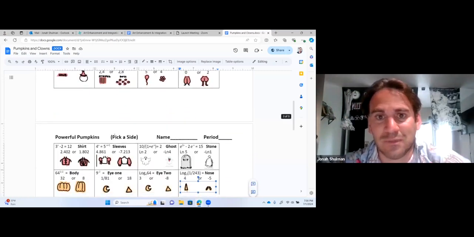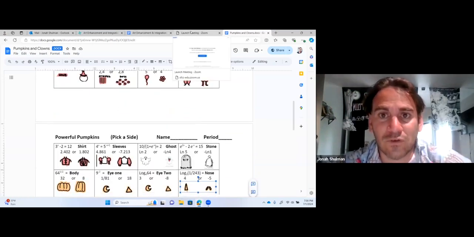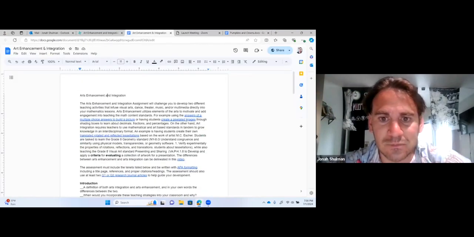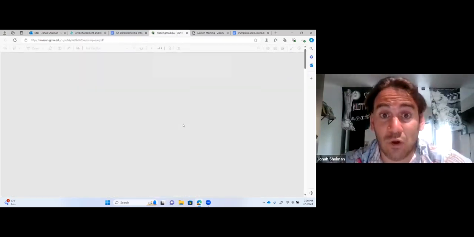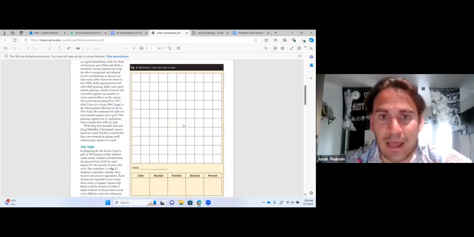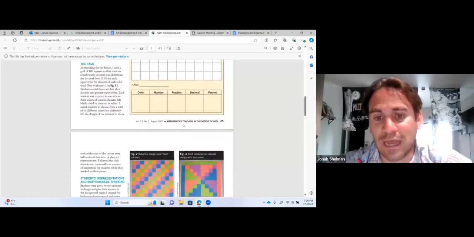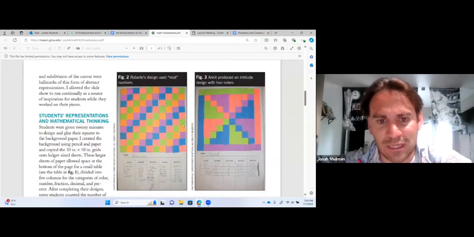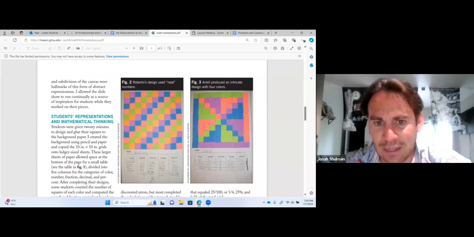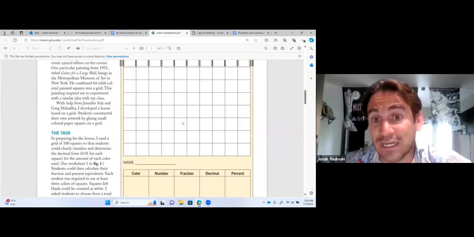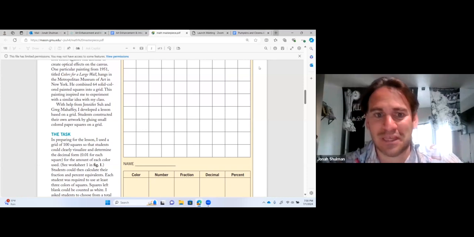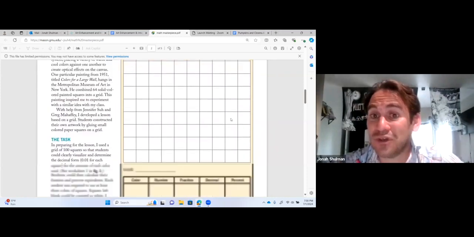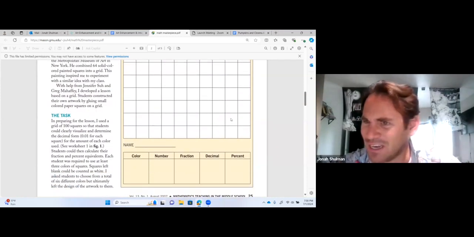So that's art enhancement. Another version of art enhancement is these pixelated images. Oh, and here's the actual article. I've used this a ton of times. So the way that I use this was different. This is the way that this person used it. I actually had my students create their favorite pixelated picture. So here, I can show you what that looks like. This was the article that I first saw it, but I took it and I flipped it and